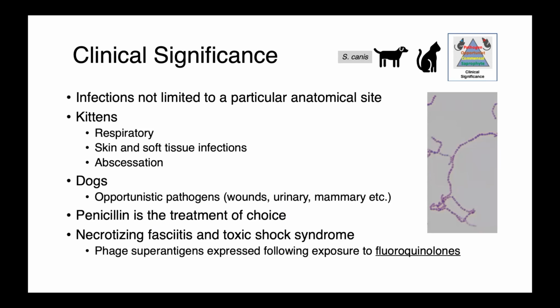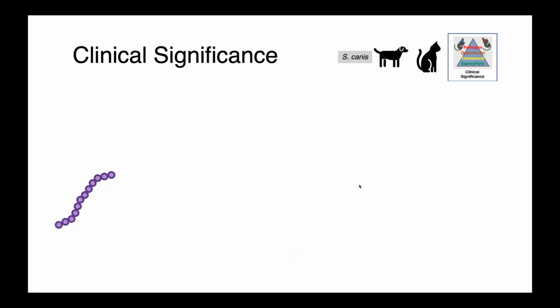Strep canis is occasionally associated with necrotizing fasciitis and toxic shock syndrome due to phage-mediated superantigens that are expressed following exposure to fluoroquinolones. So choice of antimicrobial therapy is actually very, very important when treating a strep canis infection in a dog. So the way that this works is here we have our Streptococcus canis,